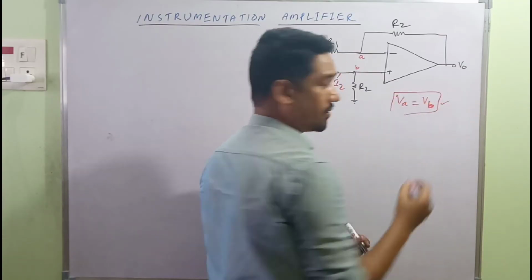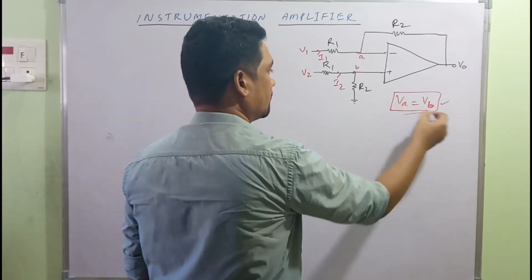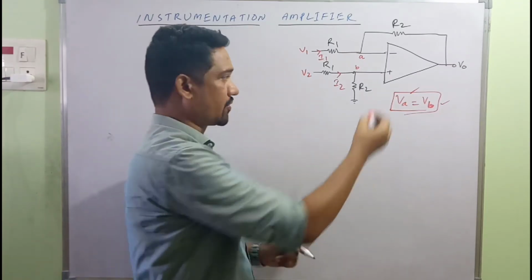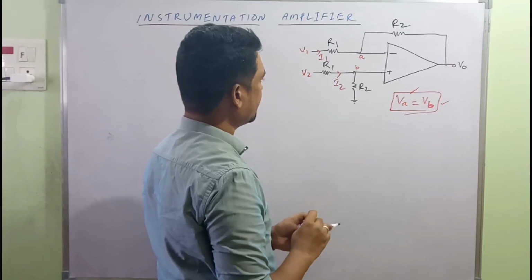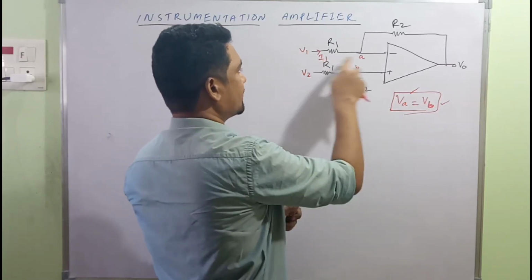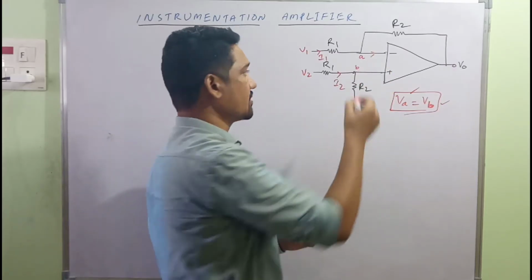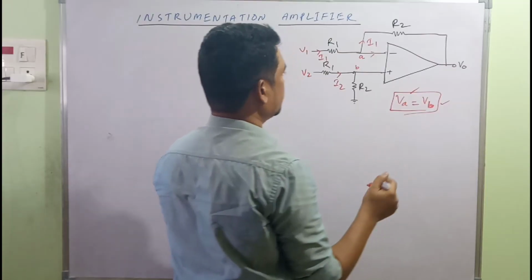This is important. Whatever discussions are linked with the operational amplifier, we have to get back to this one. The drops across either side of the terminals are equal, right? And there is no input current to the operational amplifier, in the sense that it can be neglected. The same I1 will be flowing through this outside loop, right?